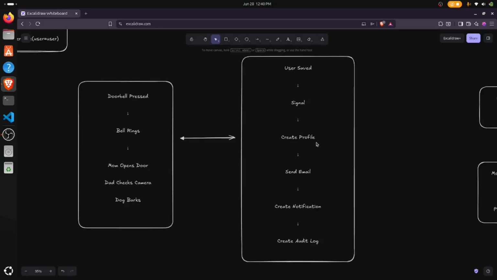And then the functions which we have created for creating the profile, sending email, creating notification, and create audit log are triggered. Now, if you notice something interesting, here the user module doesn't know about emails at all. It doesn't know about notification. It doesn't know about logs. It will just simply say, hey, I was saved. Anyone interested can